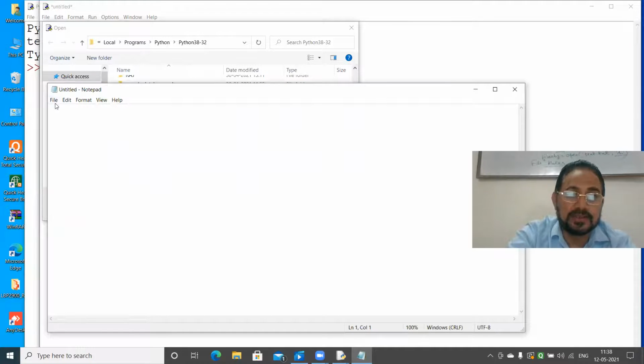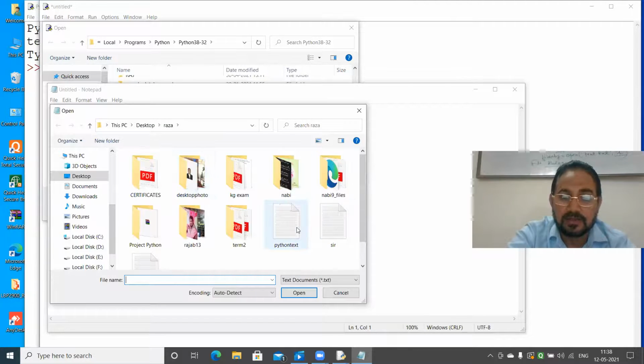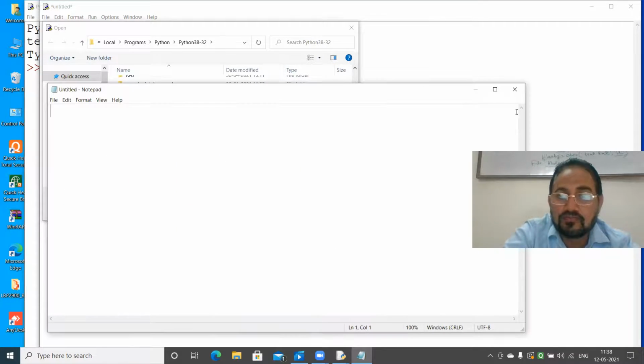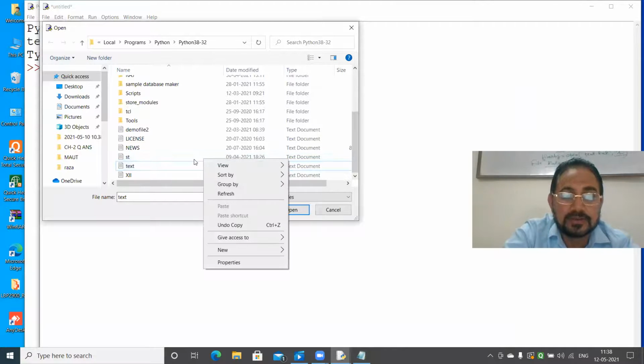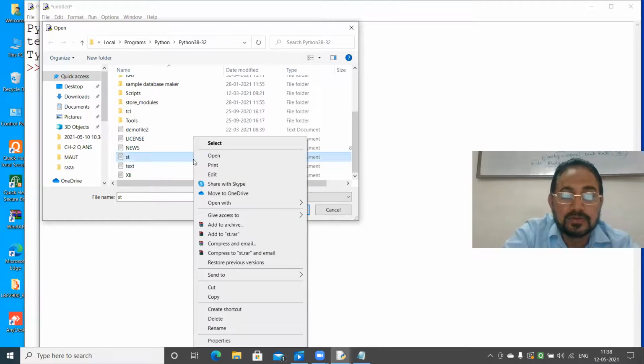Please don't get confused. It's just opening the file and copying the location. Otherwise, you have to give the complete location of the file. Python python txt. Just I will copy this file. Okay, this file is copied here. And then in this location, I will paste. But this paste option is not coming.